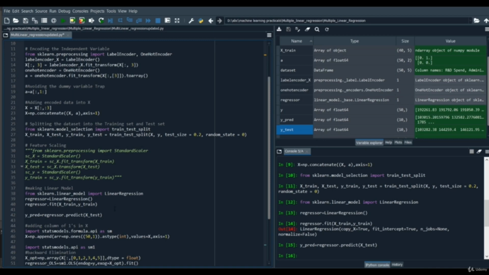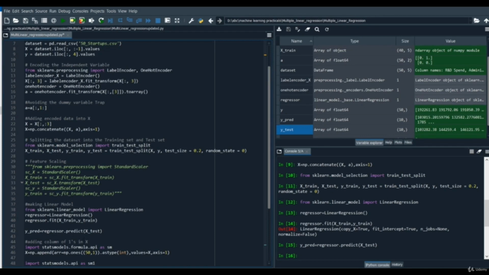In order to understand the concept, we are going to use this in our code. We are going to use the statsmodels API for that. This API is used to gain statistical information and understanding about our model and our variables. Then we are going to check whether there is a relation between each independent variable and our dependent variable, and how strongly it is related. If it's related, we are going to use that variable in our model, and if it's not related, we are not going to use it. So let's start in our code.